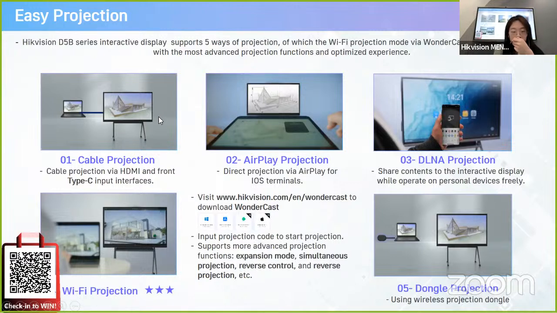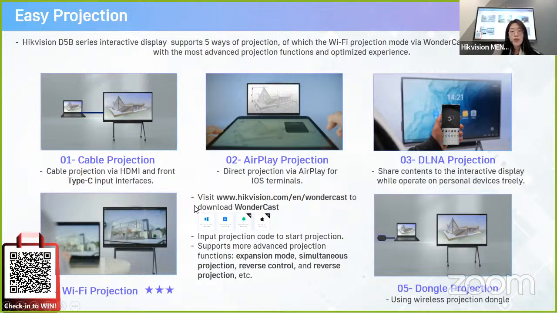All right. So for the first way, we can use cable projections. The traditional way, we can use this kind of HDMI cable for the connection to your laptop directly. And secondly, for AirPlay projections, as we see, iOS users can use their smartphone or iPad to realize the AirPlay directly, as long as the devices and the FPD are in the same network, or we use the DLNA projections for another type of phone, and